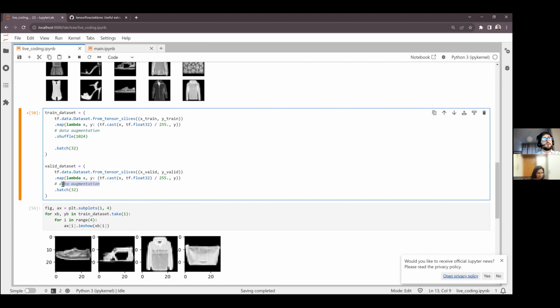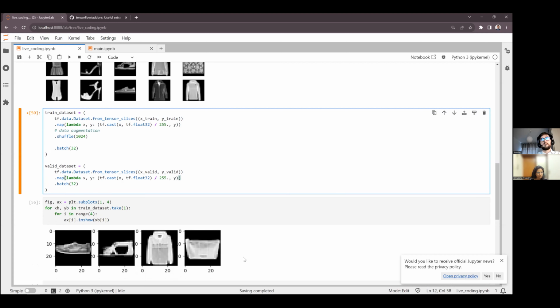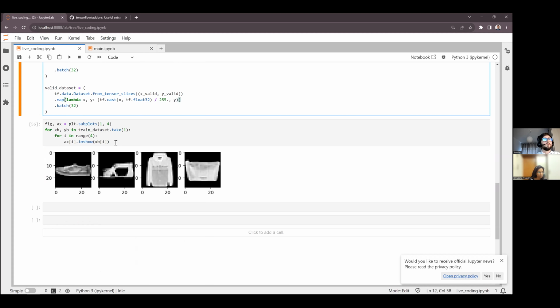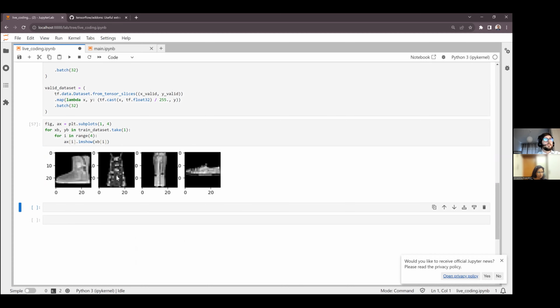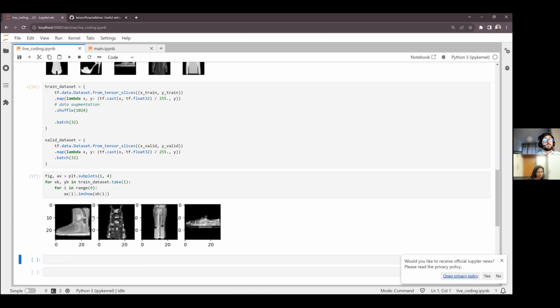Also, test time data augmentation is a bit complicated, so we will not try to do data augmentation on the test set. It's possible to do it, but you need to be more careful and a bit more conservative with that, because otherwise we would get a wrong estimate of the performance of the model. Okay, but now we have our train and validation dataset.